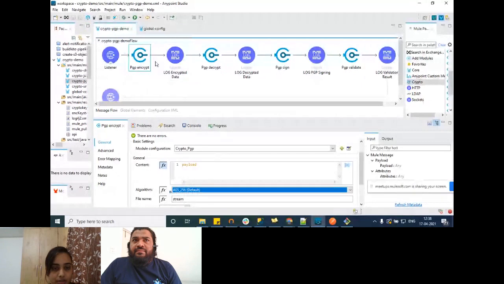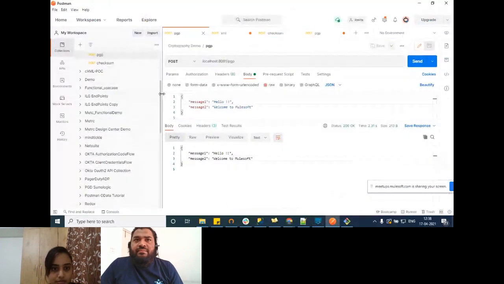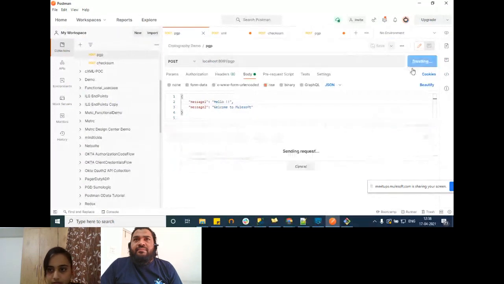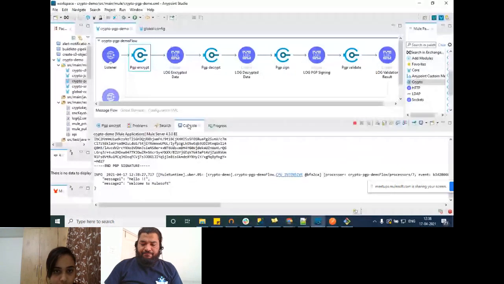So it's a simple application wherein we'll be logging the encrypted data. I've already deployed it, so let me hit the endpoint from Postman and show you. I'm making use of a JSON object over here. Let's hit the endpoint. Okay, so let's see the console.